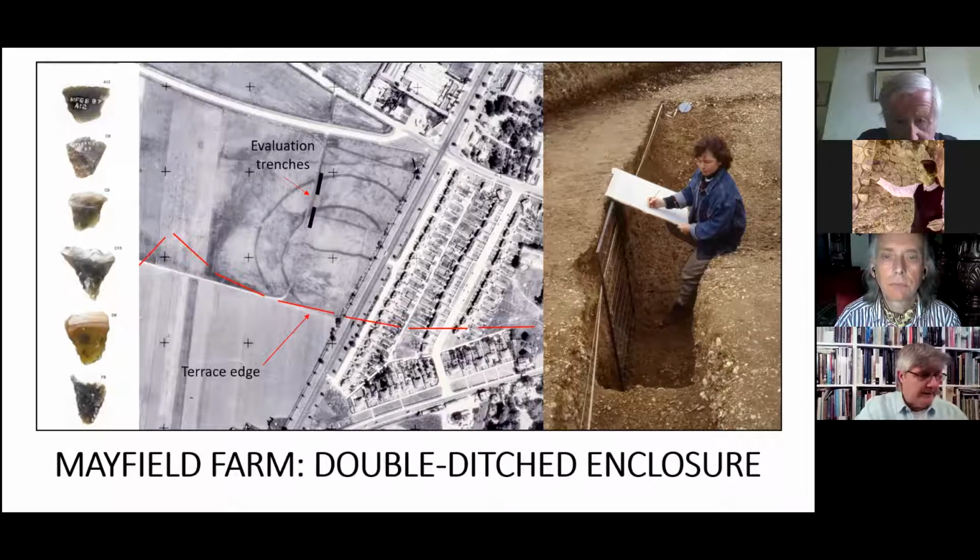Now, unfortunately, limited excavation of the wide U-shaped flat-bottomed inner ditch and the shallow V-sectioned outer ditch produced no conclusive dating evidence apart from a few sherds of later prehistoric pottery in the upper silts of the inner ditch. Also, of course, the differences in the ditch profiles could suggest that they were dug at different times. This may be a multi-phase monument here. Even so,